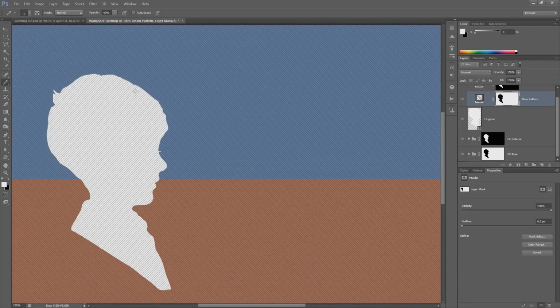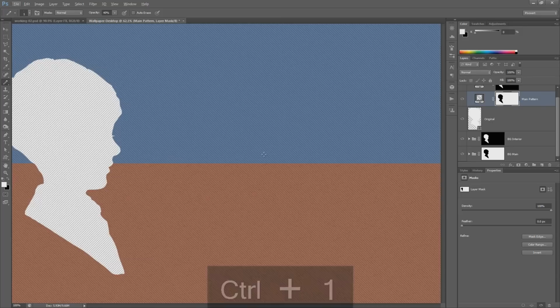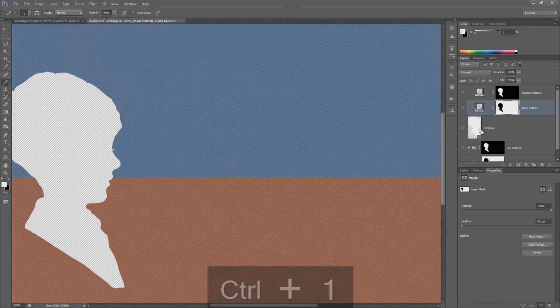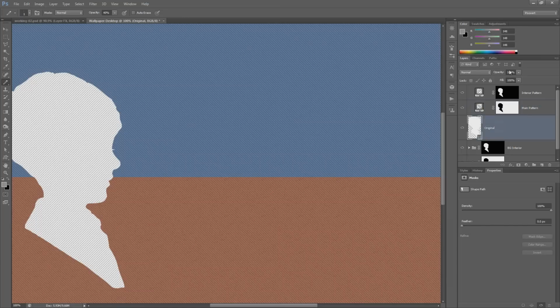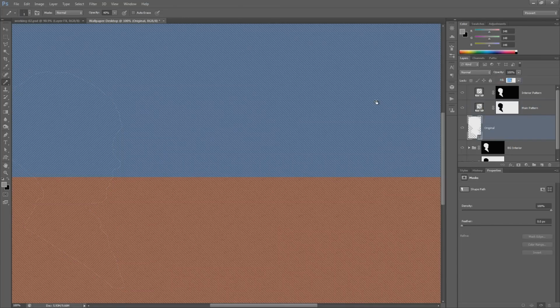What you should see is inside of the cutout here, or inside of the shape, we've got the patterns moving one way, and in the main document the patterns are moving in the opposite direction. Again, you can experiment with different settings and different patterns, whatever pleases you. We're going to go to the original and turn down the fill opacity to 0,